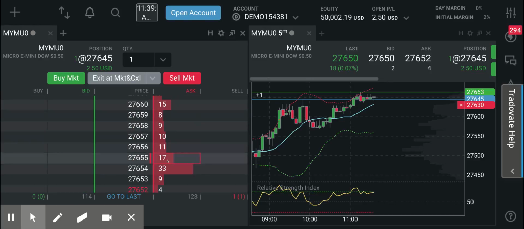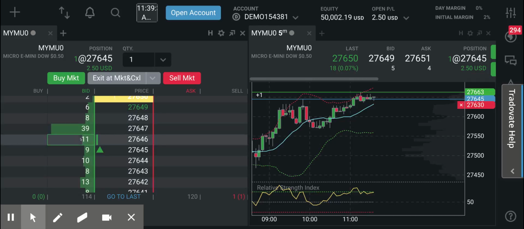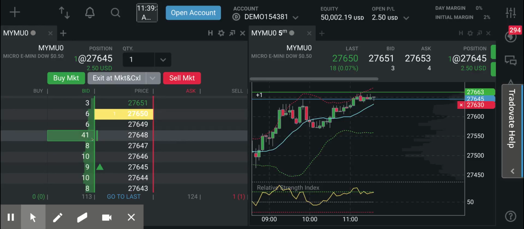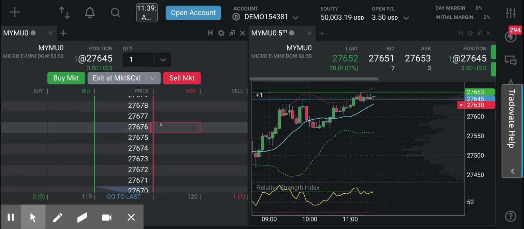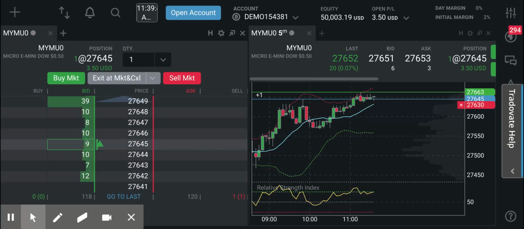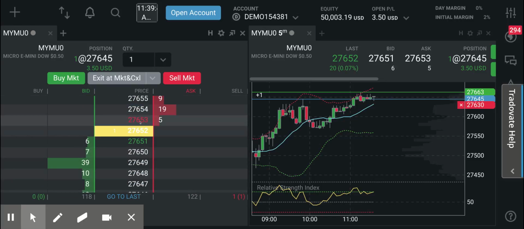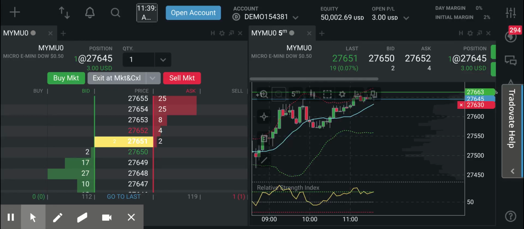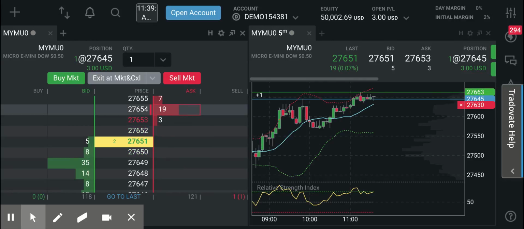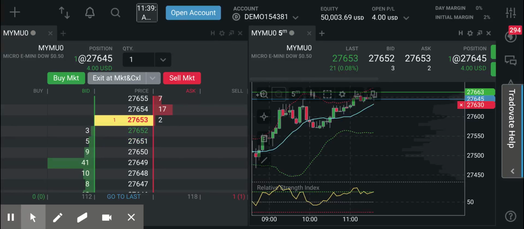Look in here, you see the sellers, but you also see the buyers. Someone right here is wanting to buy 39, 41 contracts. And so with all of these bids that are taking place, you can tell that the buyers are much stronger than the sellers. You can just do that by looking at the numbers. And so the price is starting to go up, and I believe that eventually it's going to break 27,663. Now, if I was trading on a real account, I probably would not make this trade, because, again, like I said,